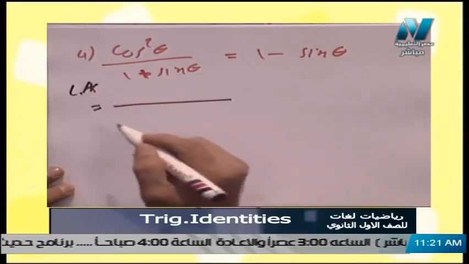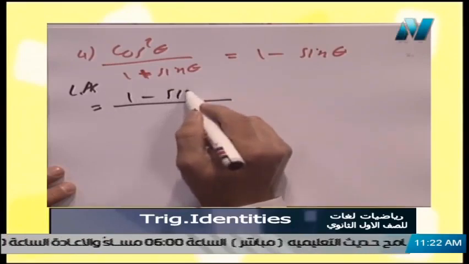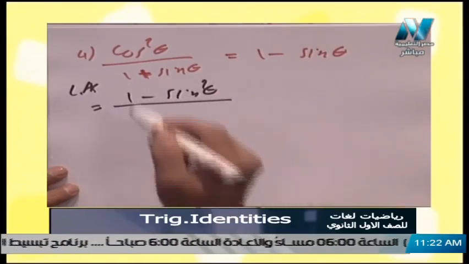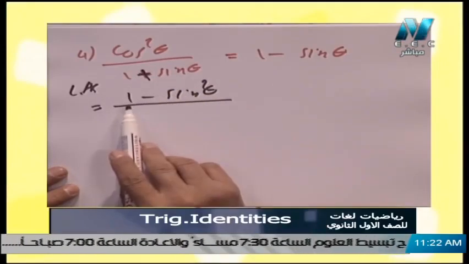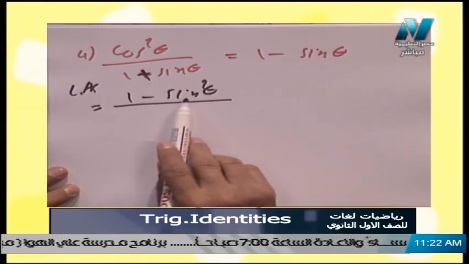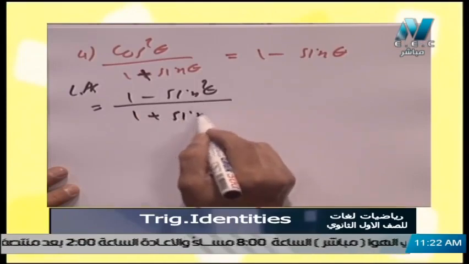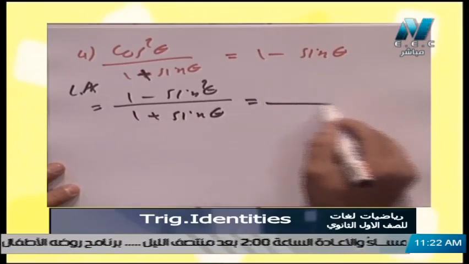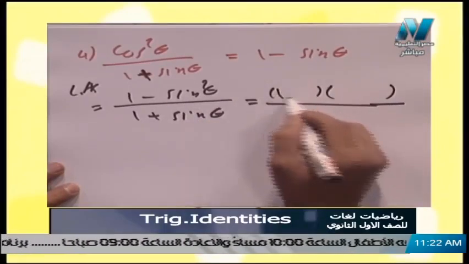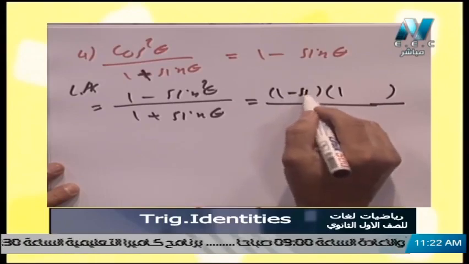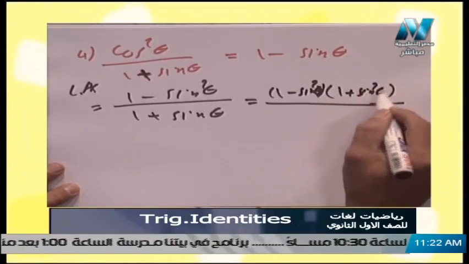Left hand side here, cosine power 2 theta, we can substitute it by 1 minus sine power 2 theta. Why did we do that? We notice that 1 plus sine theta is in the denominator. So we can change cosine power 2 theta to 1 minus sine power 2 theta, and we will factorize this part. It will be a difference of squares, 1 minus sine power 2 theta,